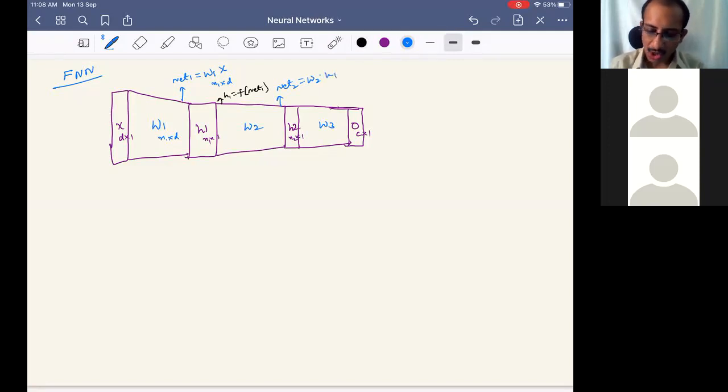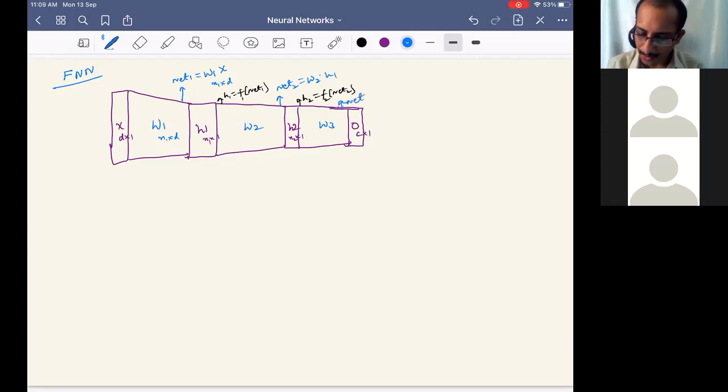Please note that these are all vectors. Everywhere they are all vectors. Matrices are usually capital letters. So these are bold. Even though I have written X here, looking somewhat like a capital, they are bold. Usually in most notations, people use bold for vectors and capital for matrices, in papers and so on when you read. So here again, H2 is equal to F of net 2, and this can be F1 and this can be F2 if you want to distinguish. And then here, what should we write here?